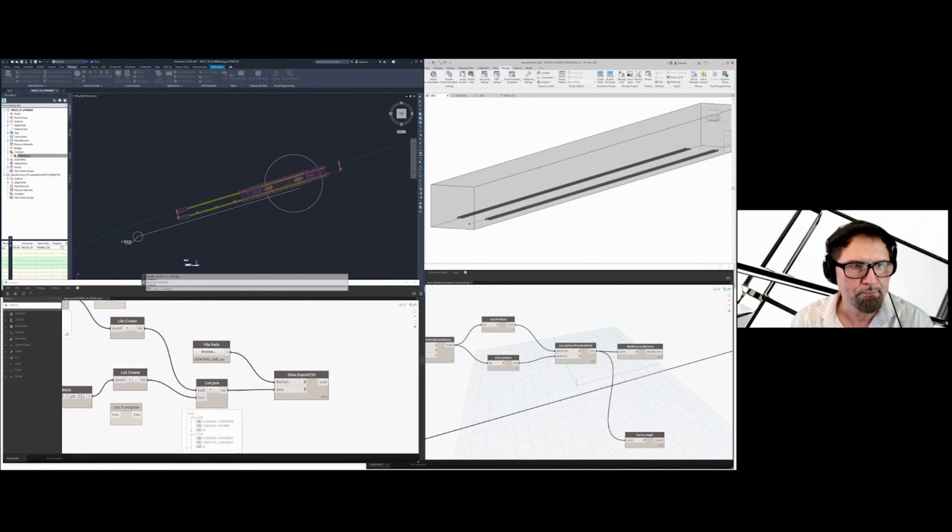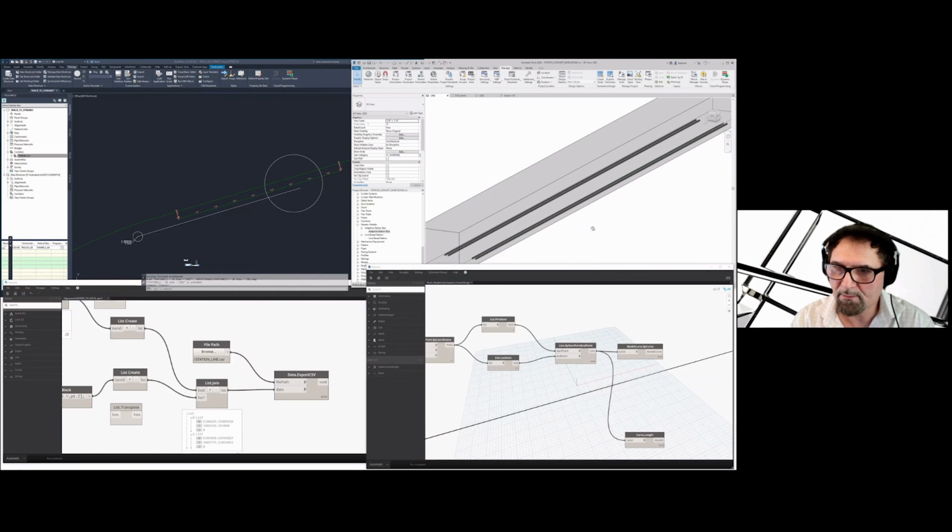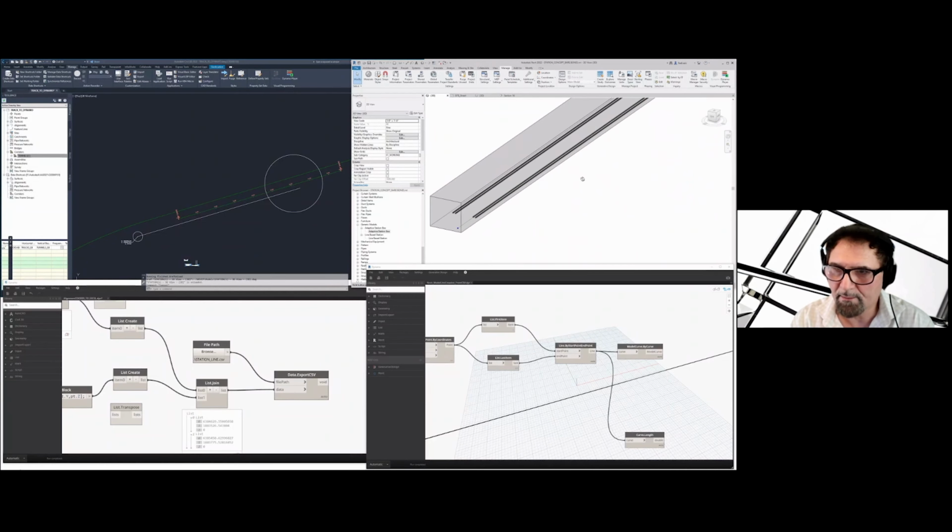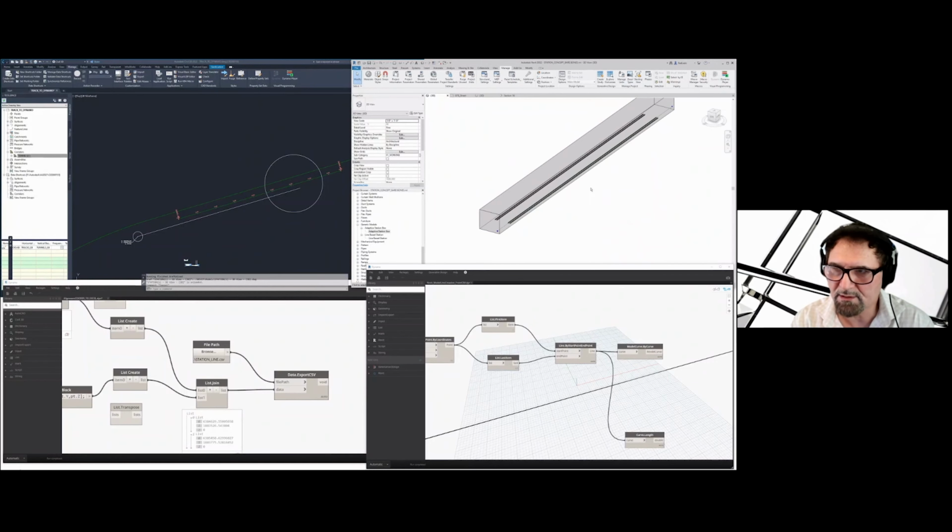All right, we'll take a look at those 3D models later. So here in the 3D view, I'm just going to give it a little bit of a different viewing angle so you can see when it changes.